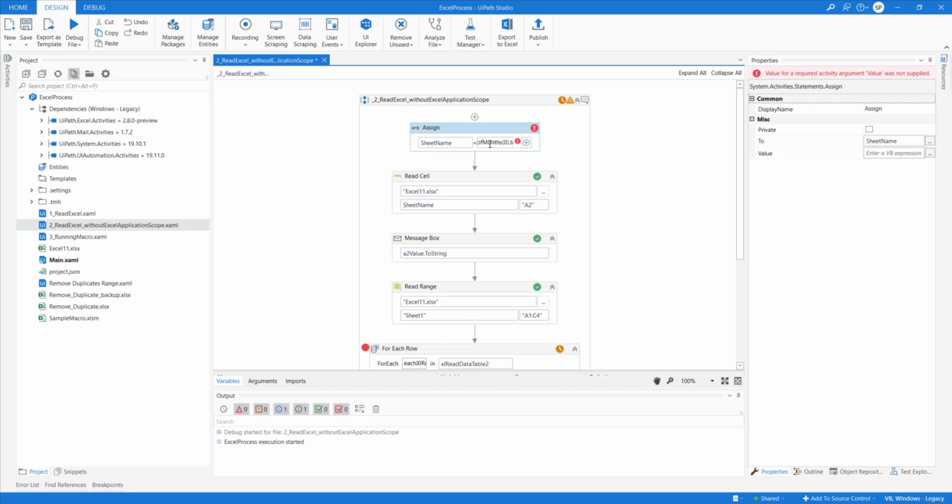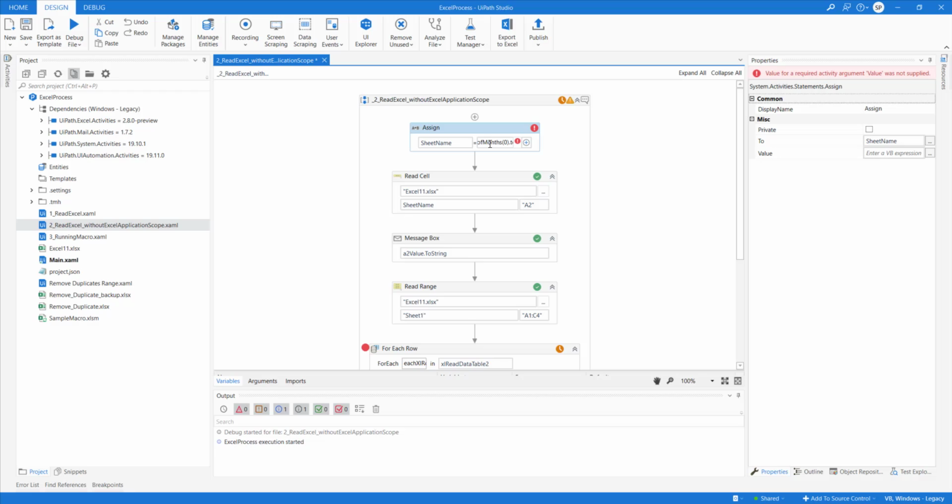UiPath doesn't know it, so you need to tell it. You need to tell UiPath that this is the first instance which it needs to read. So there must be some logic, right? That logic has to be written somewhere, either in a config file, in a config variable, or in some programming construct or loop. But you need to specifically tell UiPath to go and read this particular sheet.